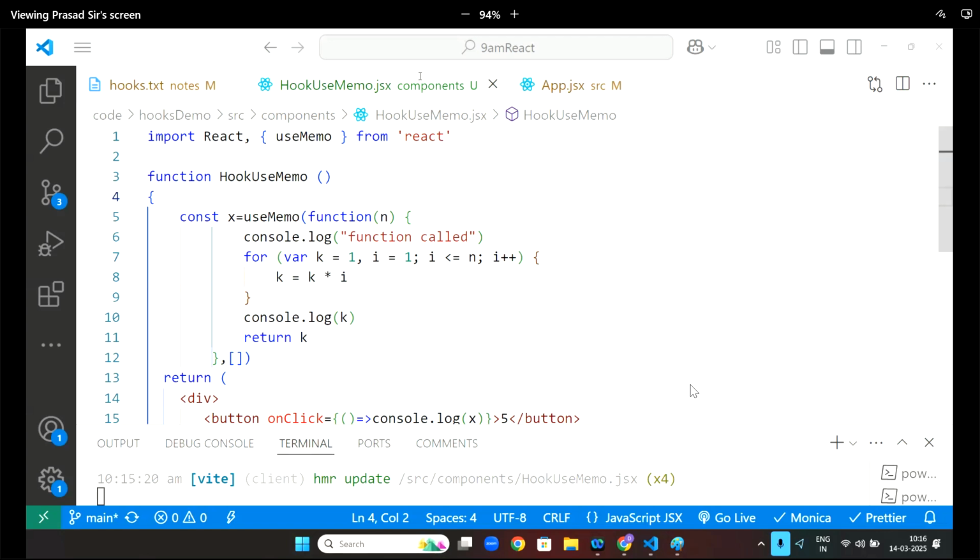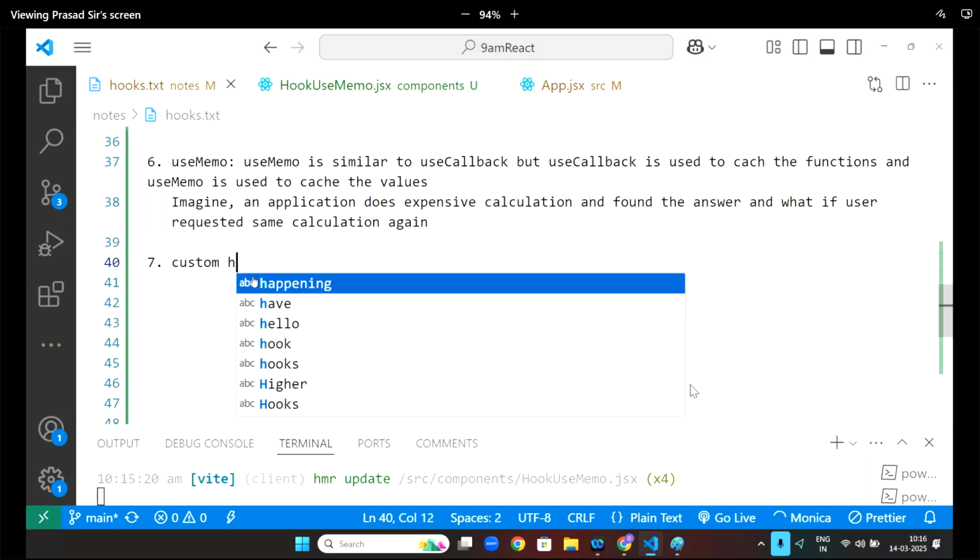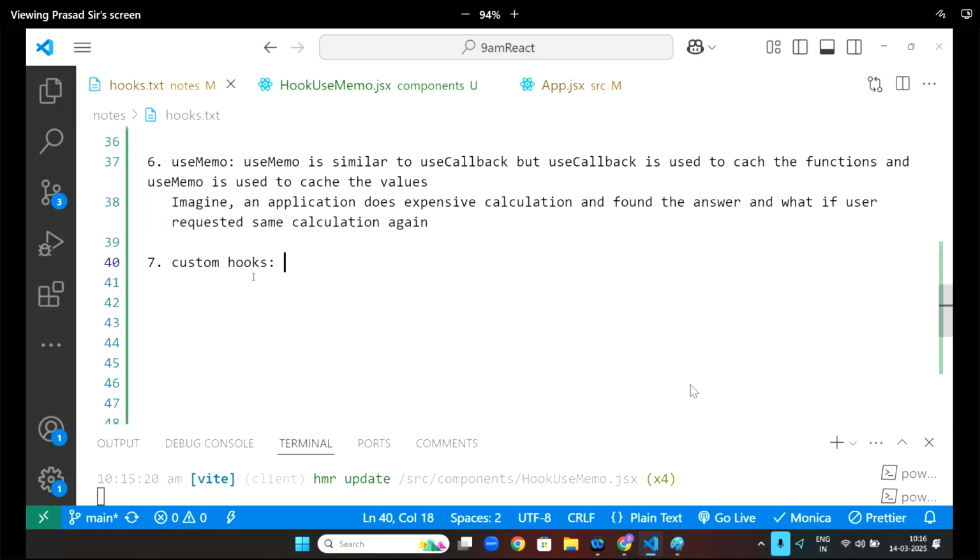Next. Sir, what if I wanted to create my own hook? Last but not least, in the hooks, custom hooks. You can create your own hooks, also called custom hooks. Custom hooks means we can create our own hooks,